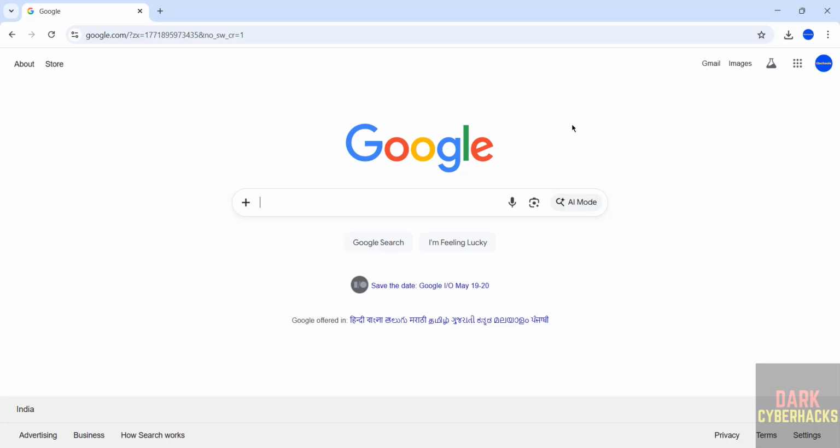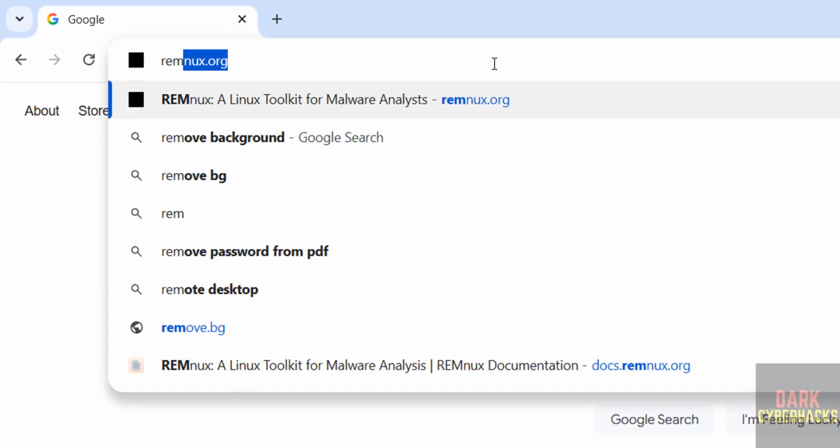Hello everyone, in this video we will see how to install or set up REMnux latest version 8.0, which is based on Ubuntu 24.04, on VirtualBox. Okay, first go to the REMnux official website,